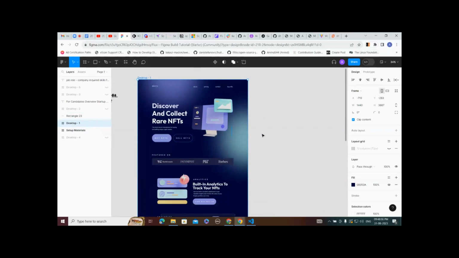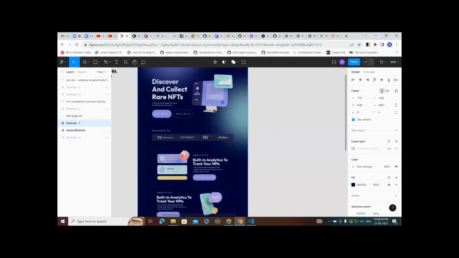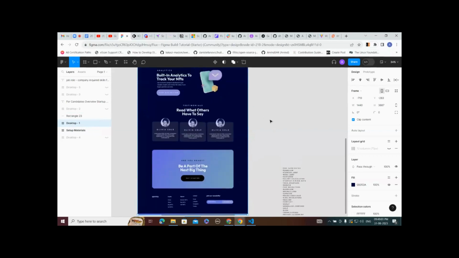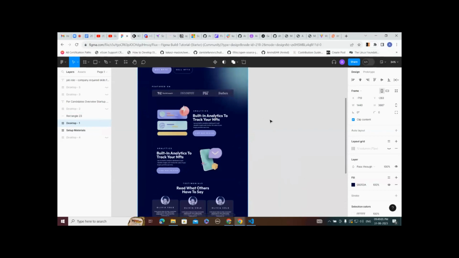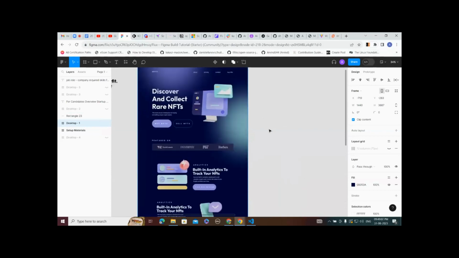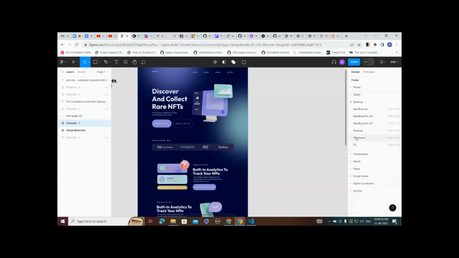Yeah, I have created these designs. And it's very easy to work on this stuff. You create any frame from here. So I have chosen the desktop size.